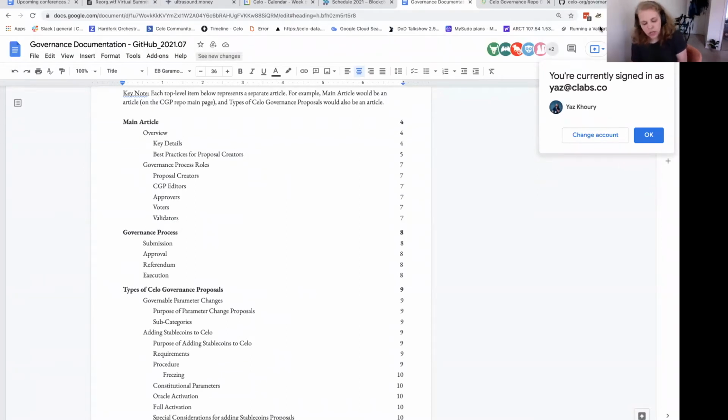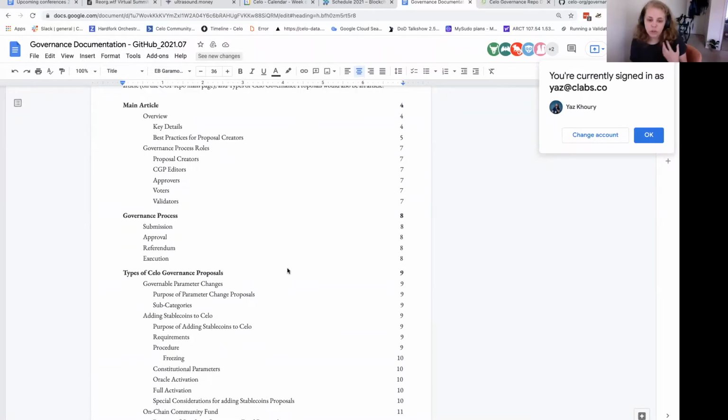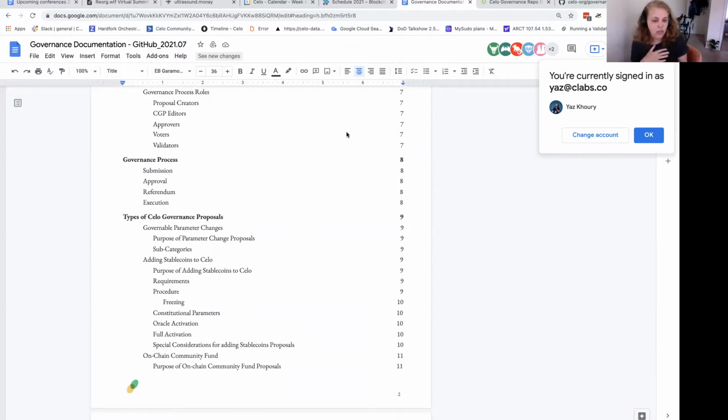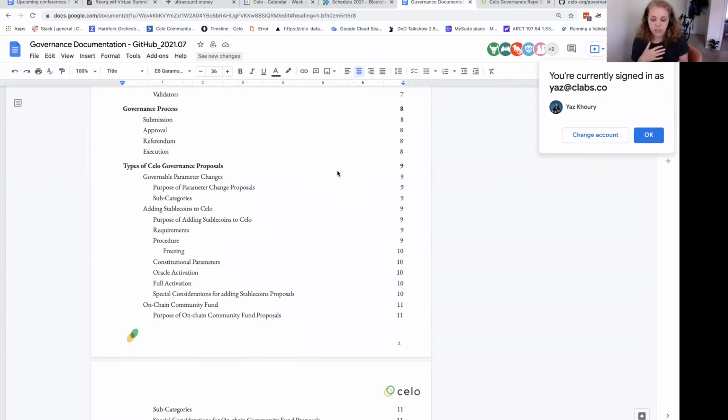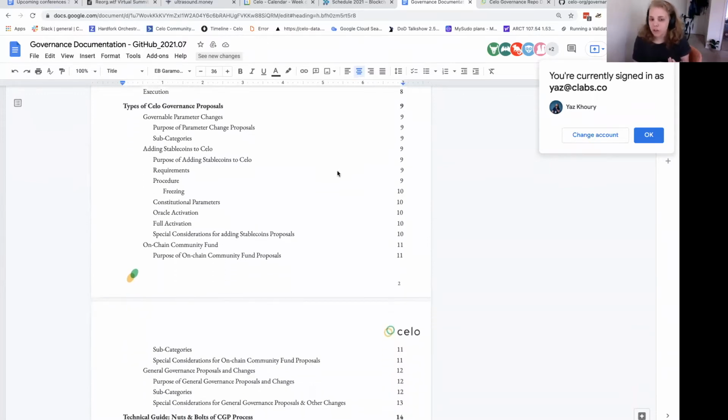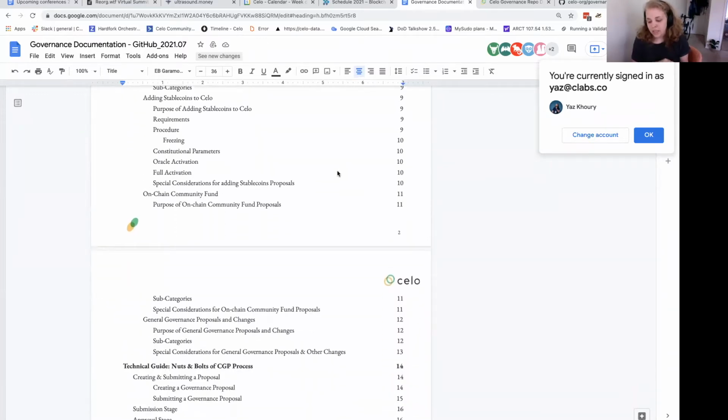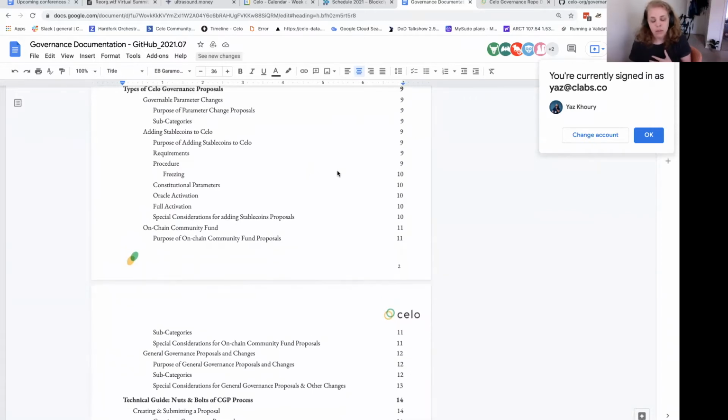So posting your ideas on the forum and interacting with the forum, and all of the links to Discord and people on the Twitter community, as well as Telegram. All of our links are there. So that can be a good place for proposal creators to go and interact with the community, get feedback on their proposals, and edit them before submitting them on chain.